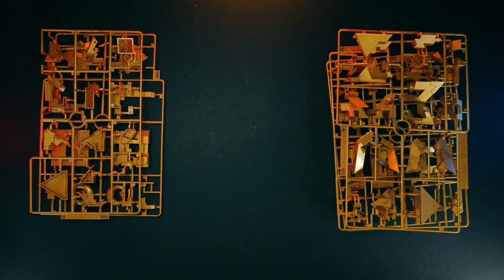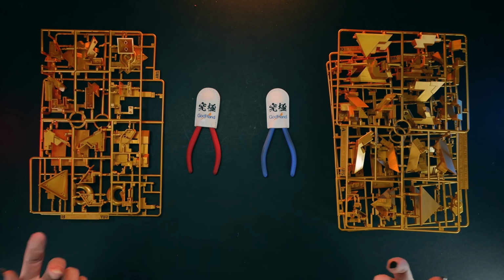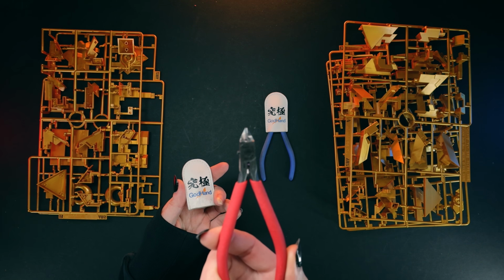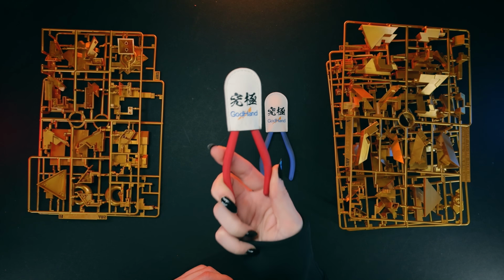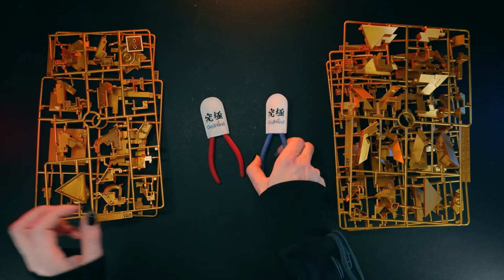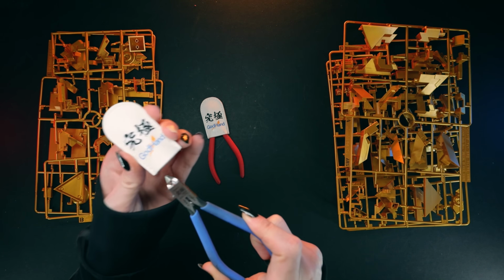and might as well get these snipped out and put together. So if you've ever wanted to know how I snip out my kits for videos, most of the time, I use a pair of God Hands. I use the red one right here, which is the PN120. I use that to take them off the runners. That isn't necessarily what this is for, by the way. I just find it puts less stress on the individual parts while chopping them out. And then I use this one right here, which is the God Hand SPN120,